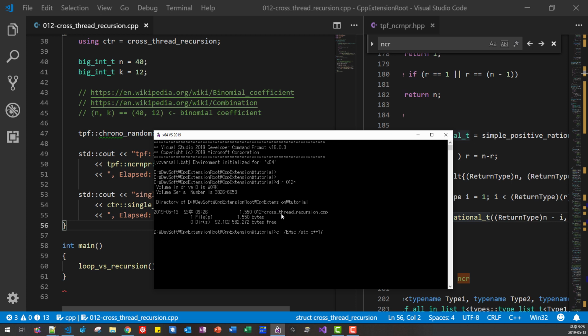I will compile without optimization: /Fe cross-thread-recursion-wo.exe. This is without optimization.